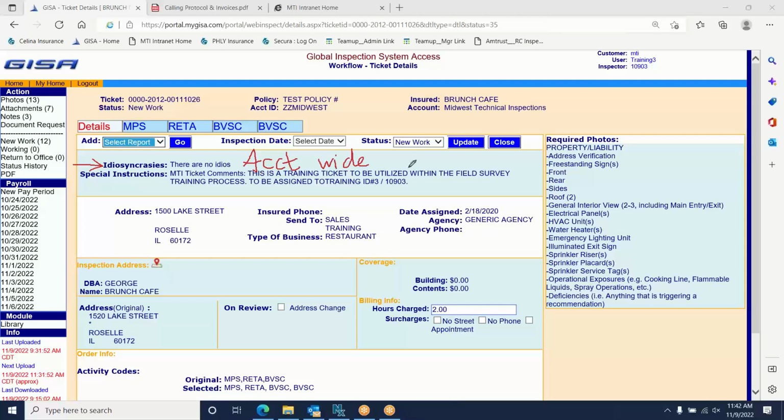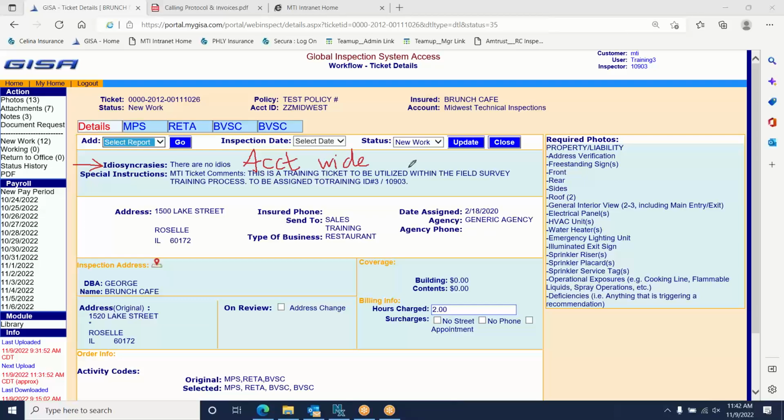Idiosyncrasies is generally like the rules for that customer, is basically how we explain it. They may have special photo rules, they may have special handling rules, and how they want you to approach that inspection or their inspections as a whole. They may have special handling for certain lines of coverage only. Maybe they order regular property inspections, but the special handling you see here is all tied to workers' comp. If your case was not for workers' comp, part of the special handling for this account doesn't apply to that order. So you have to be careful when you read through the idiosyncrasies